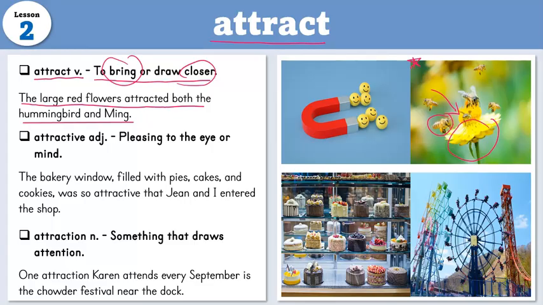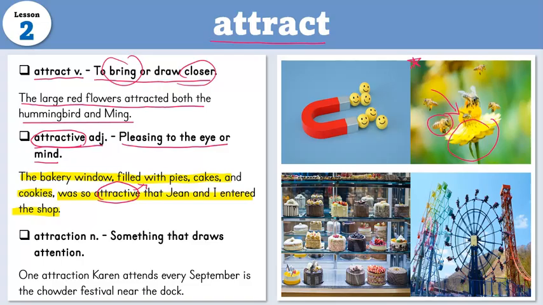We can also use attract as an adjective, but it changes to attractive. Attractive means pleasing to the eye or mind. Basically, that something is beautiful or it looks good. For example, the bakery window filled with pies, cakes, and cookies was so attractive that Jean and I entered the shop. So in this sentence, the word attractive is telling us that this window filled with all of these delicious